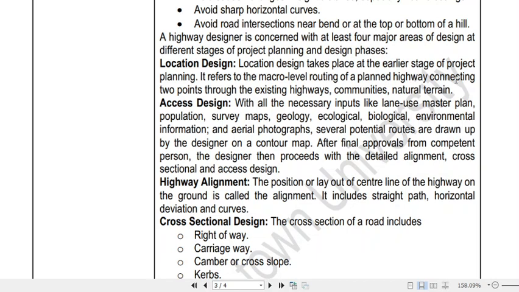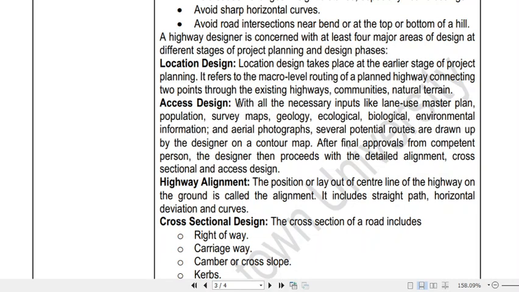Suppose one village is there, you need to construct one new road. Suppose there is one market, so your first and foremost thing is you need to connect the village with the market area with an existing road or with a new road. Then all the things produced in the village can be easily transported to the market area. Similarly, from the market area you need to connect another road which would be accessible to another greater market or other retailer shops. So this is basically location design.